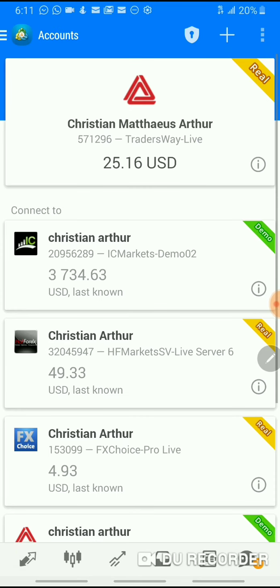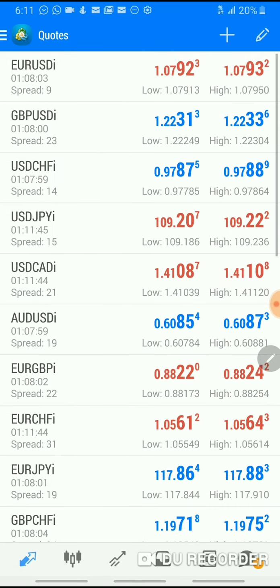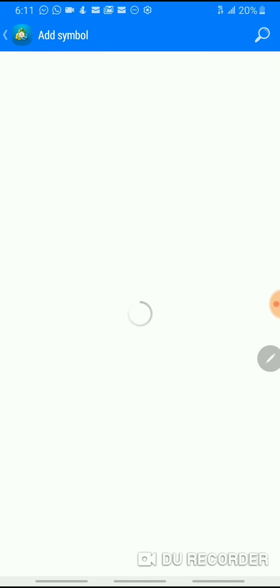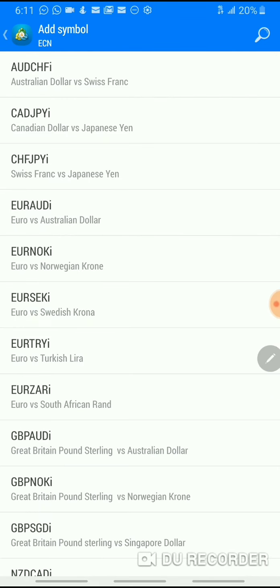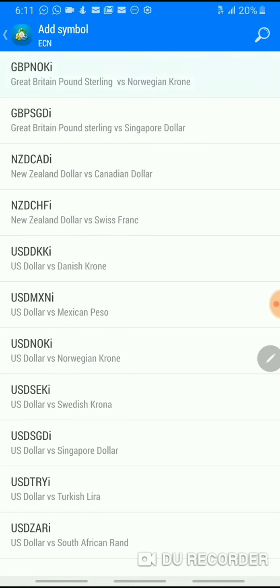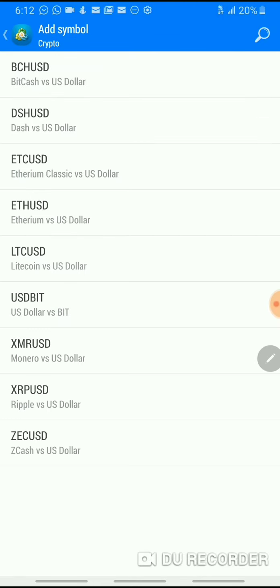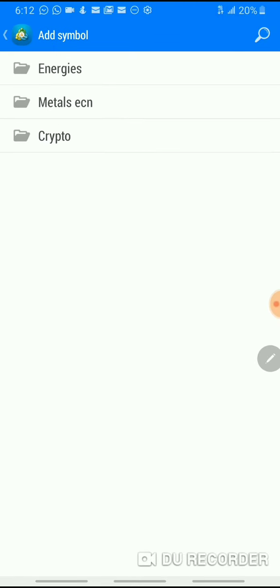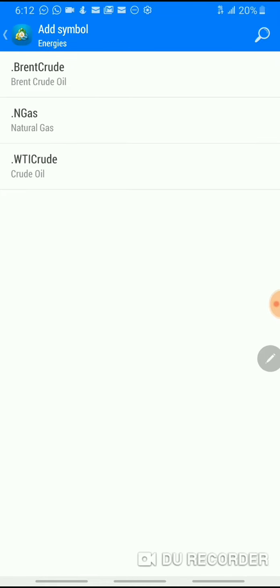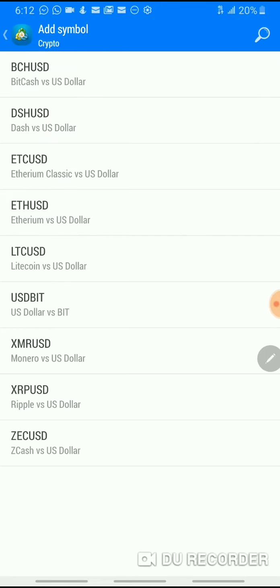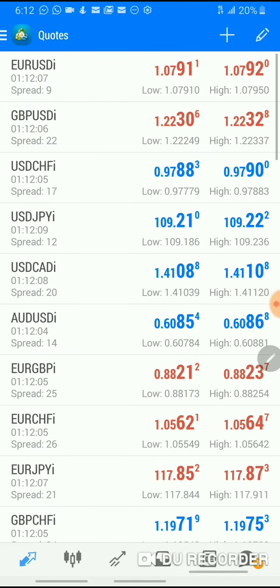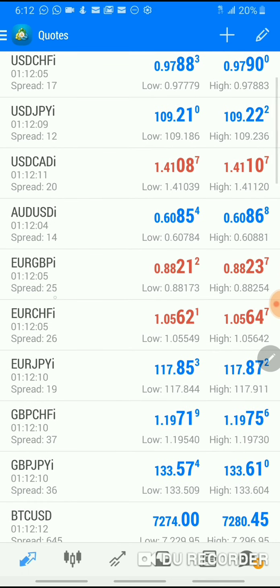Traders Way do offer a lot of currency pairs. That is what I like. And they offer cryptocurrency. You can also trade cryptocurrency and metal. Well, all brokers do that, right? So you can trade crypto. This is why I love Traders Way as well. All right, you can trade crypto and they give you fair enough spread